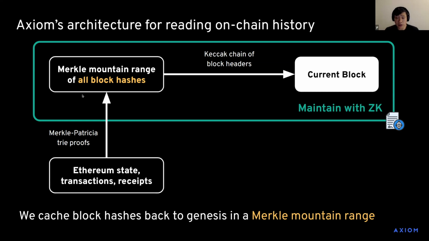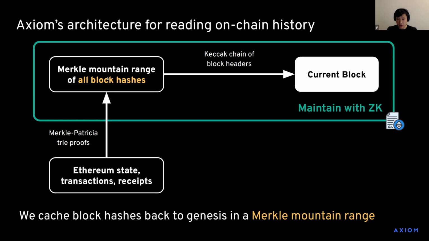We actually do a trick to maintain a cache of all block hashes back to Ethereum Genesis. So as you guys may know, there's about 17 million such blocks. And so we certainly couldn't write just 17 million storage slots in Ethereum. That'd be way too big. So instead, what we do is we maintain a data structure called a Merkle mountain range of all block hashes. A Merkle mountain range is a succinct way to commit to a list of block hashes that doesn't change too much on each update. So it's a small amount of data that maintains a single commitment to the entire history of block hashes of